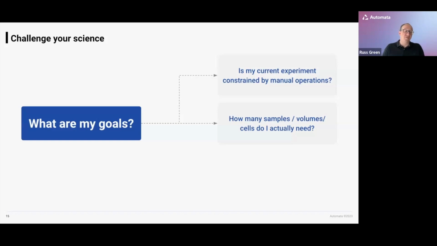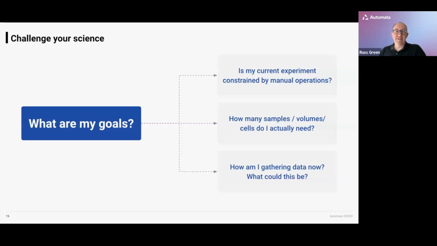In fact, I've seen this more than once, where we've gotten to the question about, okay, we're culturing cells in a certain size of flask. How many cells do we get from that? And the answer will be a couple of million cells. And then we'll get into the question about what we need in terms of numbers of cells to actually achieve the outcome. And it might be in the order of a couple hundred thousand, which of course then immediately challenges whether we needed that volume of cells in the first place. So we save on media, we save on processing time, and we also perhaps enable us to use the different kinds of labware that I'm going to come on to in a moment.